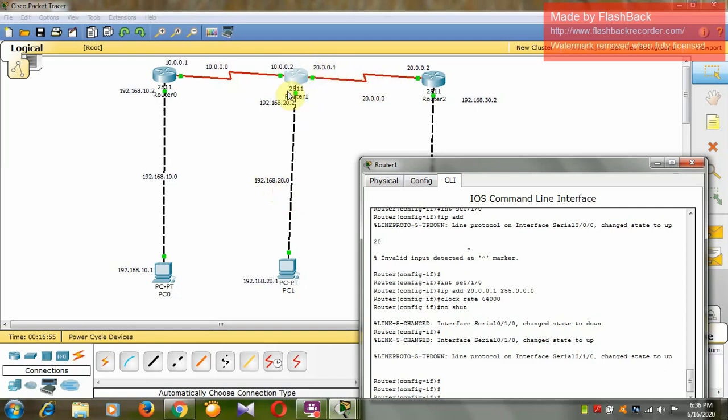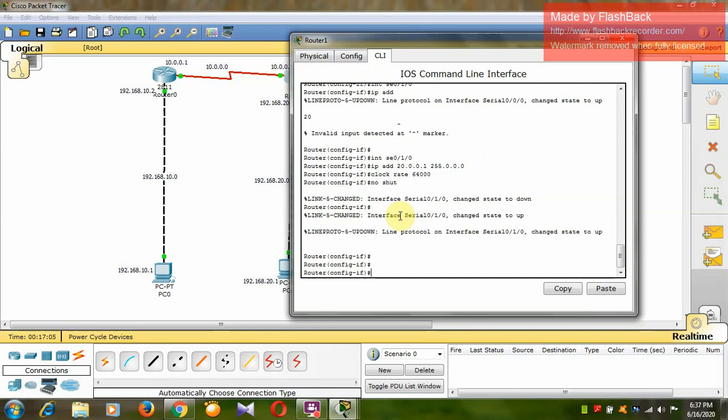So we need to tell this router 1 about the other networks other than the networks which are directly connected. That is, I have to tell the router 1 about this IP route 192.168.10.0 because it is not directly connected here. 255.255.255.0.